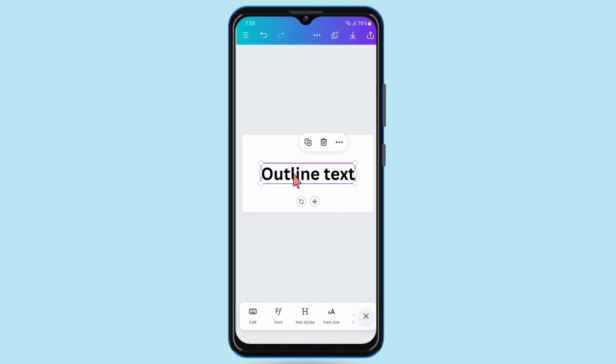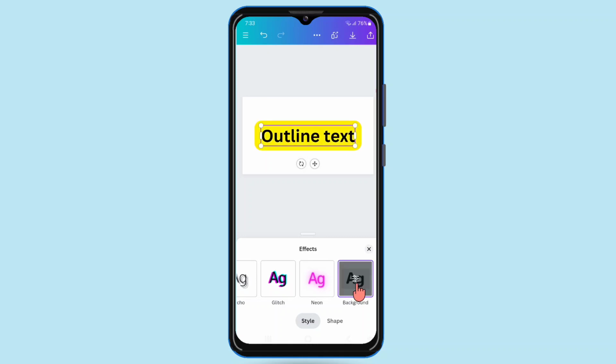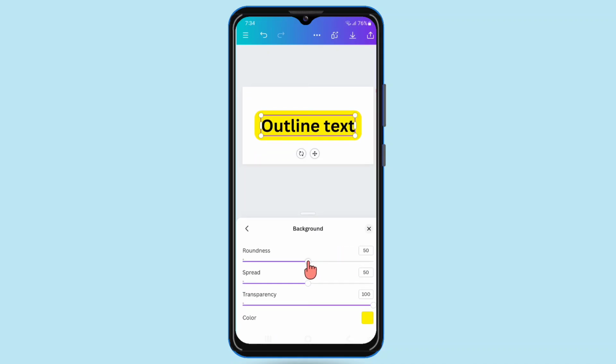After that click on text and scroll to the right and here in the effects option click on effects and scroll to the right and at the end you will see the background option. So here you can see the background option, click on it and you can see the background in the text has been added. So to adjust the text click on 3 lines and from here you can change the roundness of the